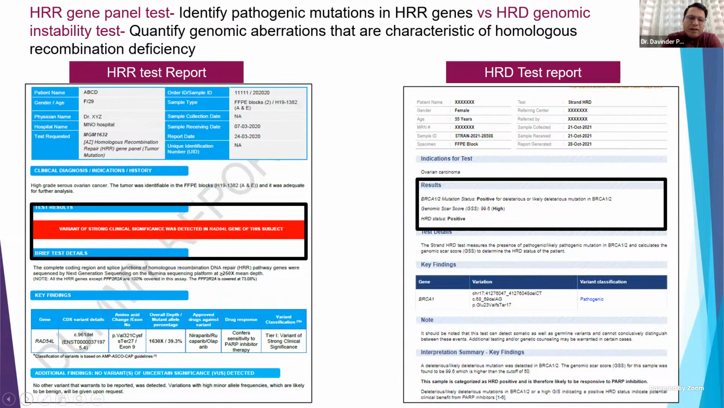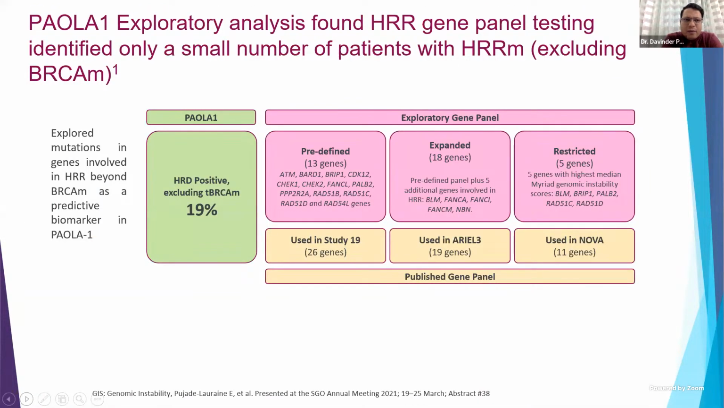So this is just on the left side, you can see the typical HRR report. On the right side, you can see HRD. HRD is primarily documented in the form of a score. And you can see the modal cutoff most of the time is 42. And depending on this report, we can either find the patient to be HRD high or HRD low. Next slide. So in the PAOLA-1 study also,